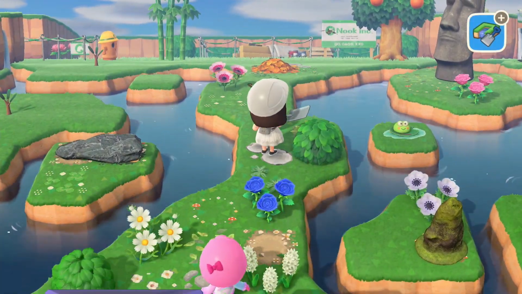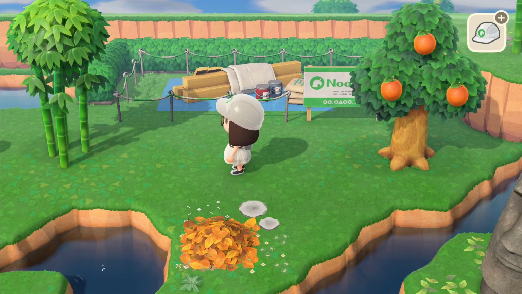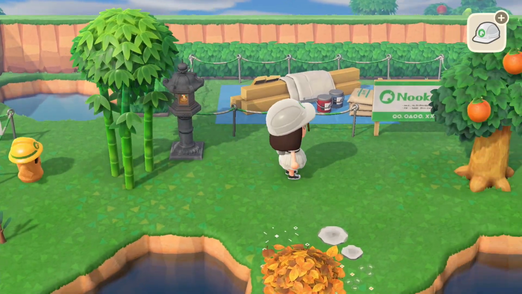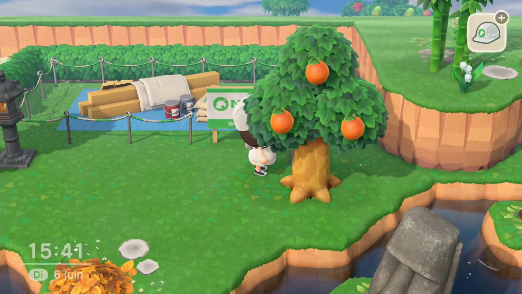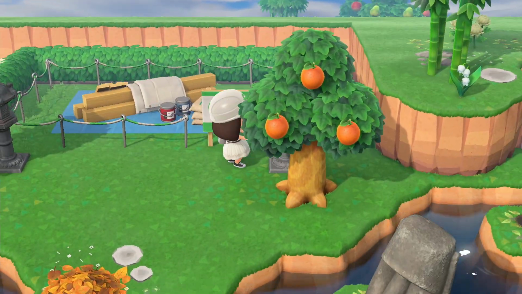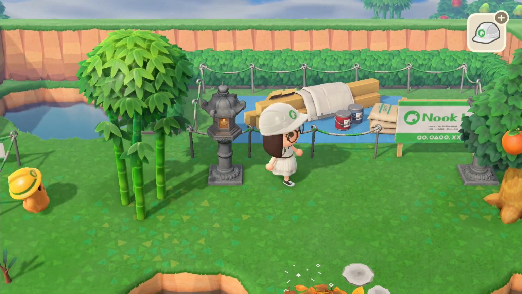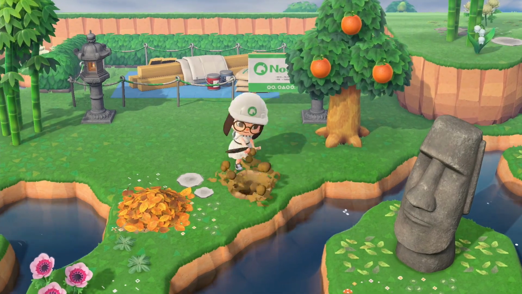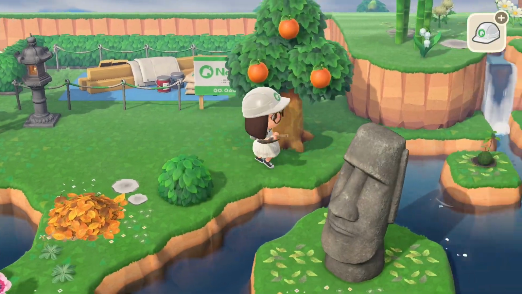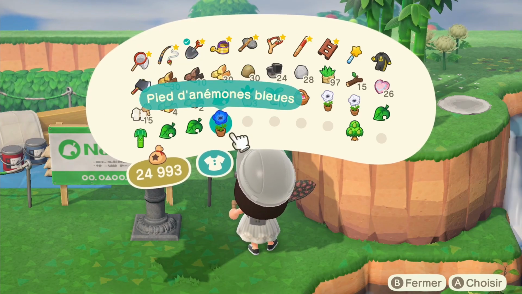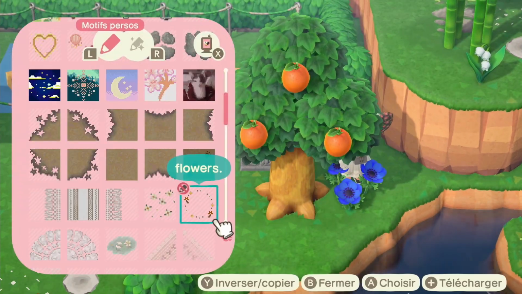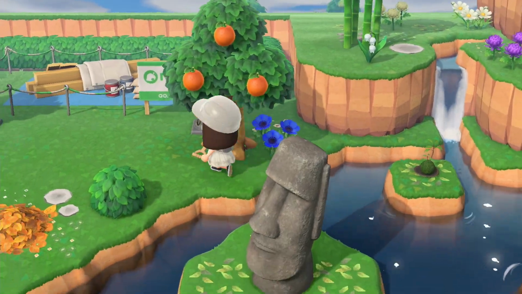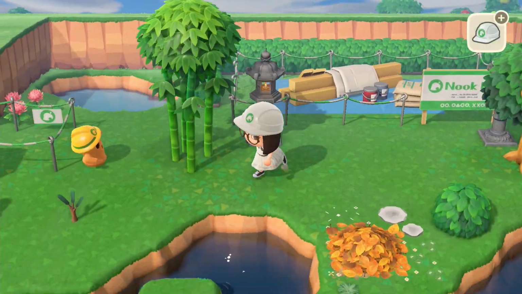So now that I have a better view of my objects, I'm going to start adding flowers, nature and bushes again, and it's going to be a mix. I'm also adding those lanterns. I wanted them to be symmetrical. I did a good job placing them, but I was again not too sure where the door of the museum would be. You spend thousands of hours playing a game and you don't remember where the doors of the museum are. Whoops!